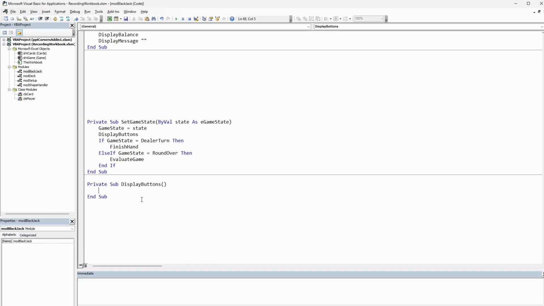So the relevant buttons that we've got: button restart, button deal, button bet up. Remember, these are the buttons that we referred to in the shape handler. Button bet down, button bet up 5, button bet down 5, button bet all, and then our button hit and button stand. So we're going to set the visibility of these. So visible